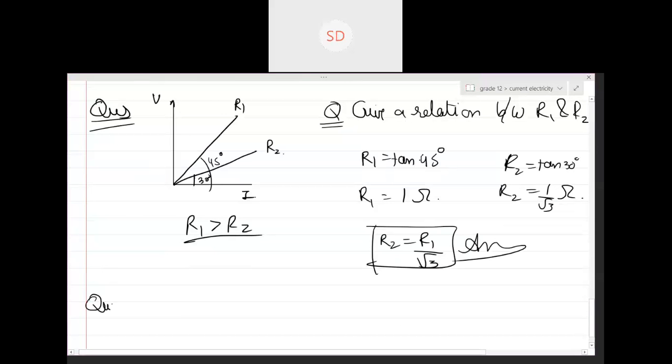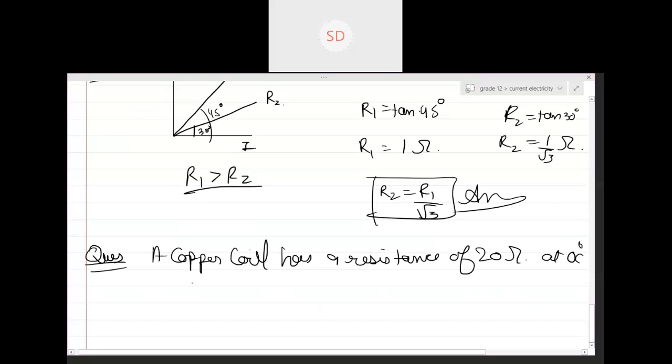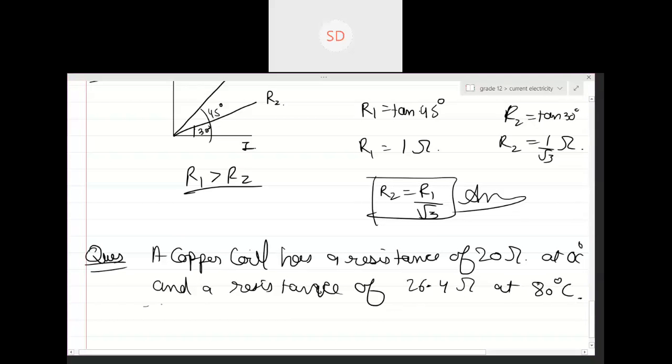So, chalo. Do some more questions. A copper coil has a resistance of 20 ohms at 0 degrees Celsius and a resistance of 26.4 ohms at 80 degrees Celsius. Find